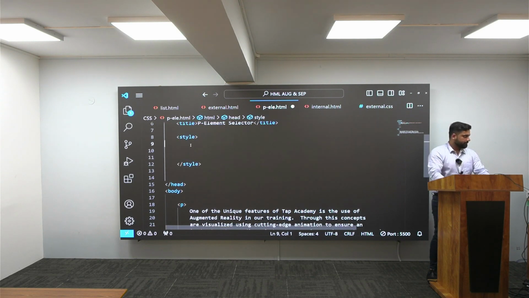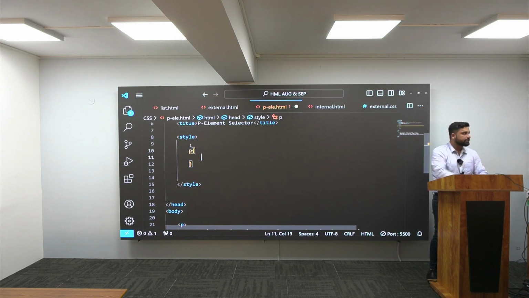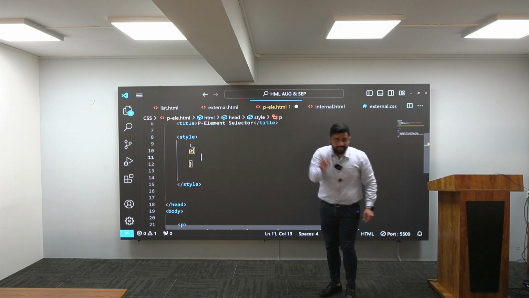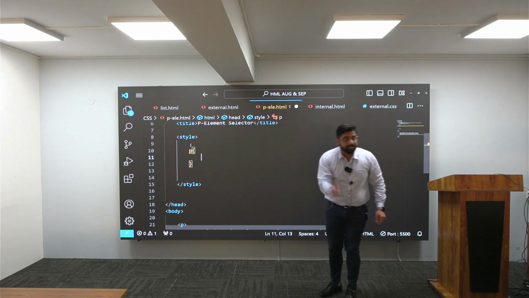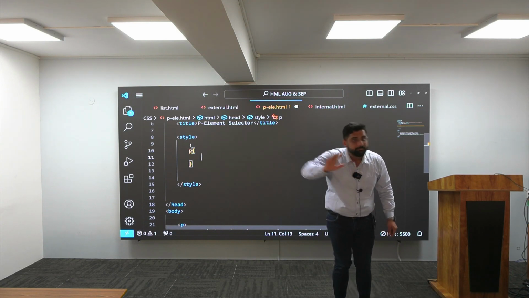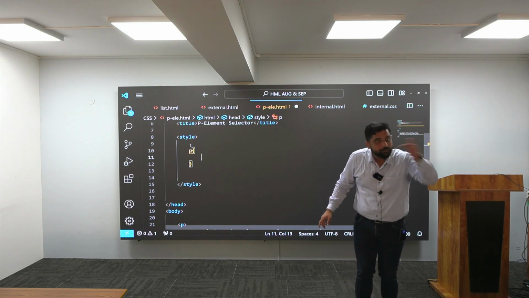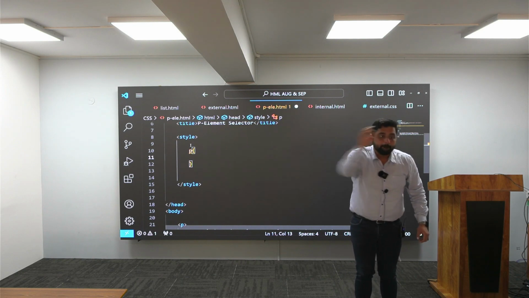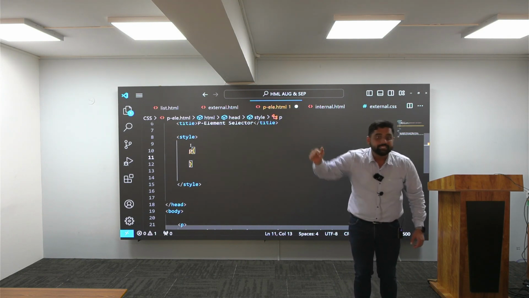Now my friend, if I am using P like this, which selector will it become? If I am just using my element name, which selector will it become? It will become an element selector, not a group selector. Group means we are using multiple elements. If you are using a single element and providing styling, it becomes an element selector. But right now we are going to understand the pseudo element selector.